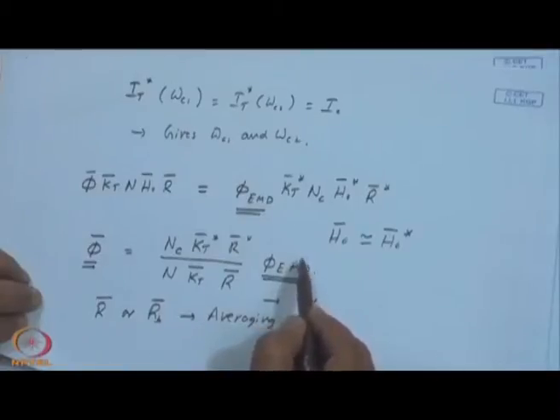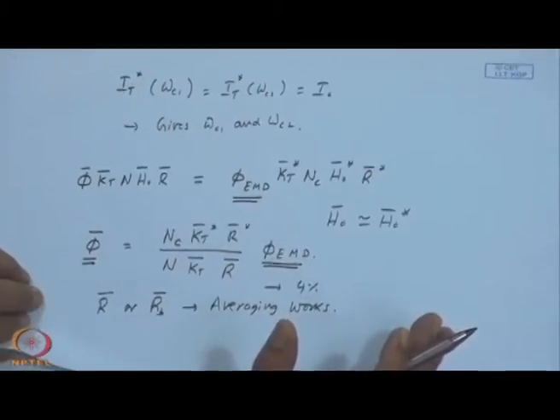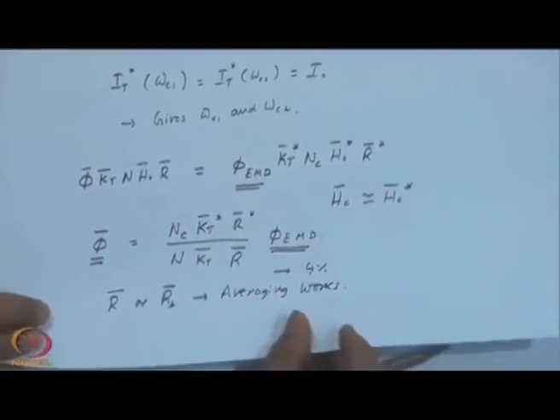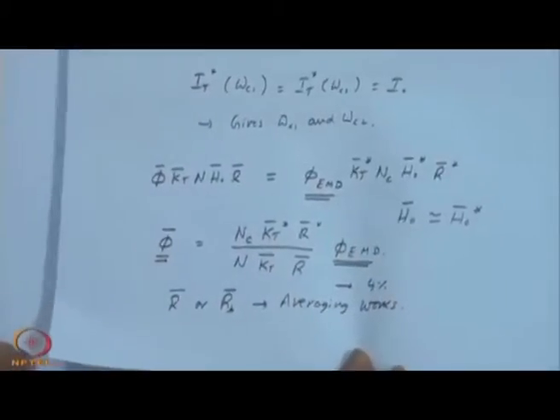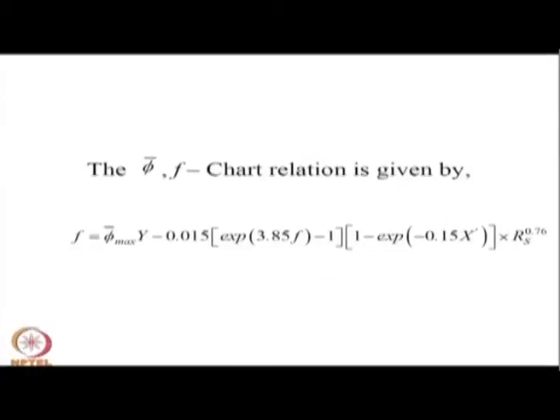And this has the advantage that, though it may be a long expression, it can be analytically expressed with one integration. For certain two of the concentrating collector modes, it is not analytically integrable, but nevertheless even making an hour by hour calculation for one day is far simpler than going for all the 30 days. So, we have a fairly general method to evaluate the monthly average daily utilizability.